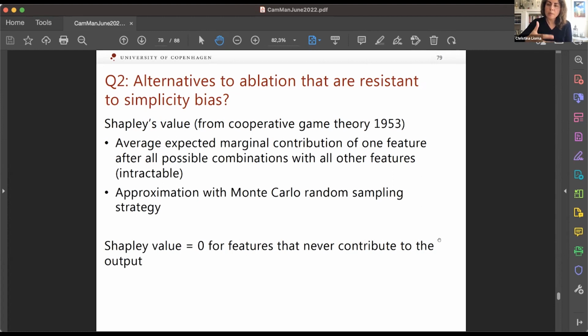So very often Shapley's value is approximated by random sampling, and Monte Carlo is one of the best ways of doing that. And these results, basically approximations of Shapley's value with Monte Carlo sampling, are very, very reliable. They give us a value where if it is 0, then that definitely means that the feature that we get a 0 value for does not contribute at all to the output. And using that value, we can detect which features are ignored by the network, even if these features are given to the network.